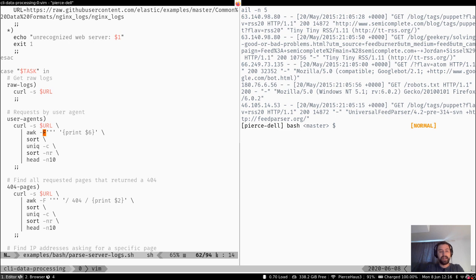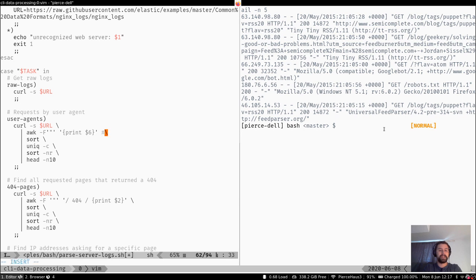And so we're going to tell it -F, the field separator. Field separator would mean, like in a CSV, the field separator is the comma. And in JSON, the field separators are like the quotes and colons and curly braces. Don't worry if you don't know what that is. We'll get to it in a little bit. But basically what we're saying here is break up the line using quotes as the field separator, and then print the 6th column that comes out. Right, and so if we do that here,